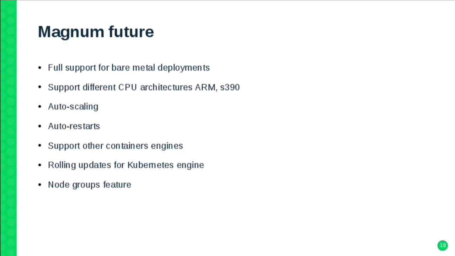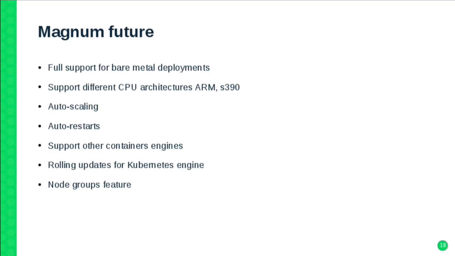Yeah, we would like to also make sure that all the deployments done by Magnum will be also fully high availability. I mean that right now the availability is implemented already in Kubernetes, but what will happen if, for example, one physical compute node will go down? So this is what we are working on currently. And yeah, we would like to also support other container engines like Rocket or RunC.